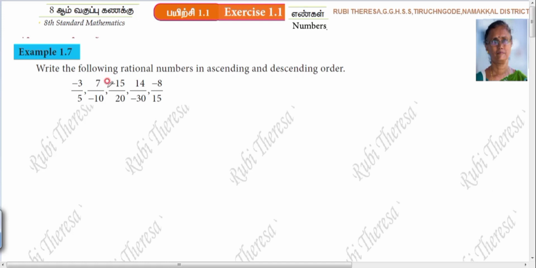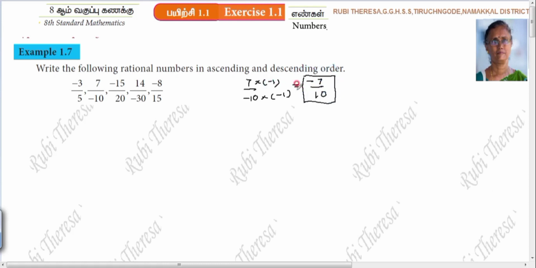Understand? And also one more thing: you see that there should not be any negative sign in the denominator. First you make it out to cancel this minus symbol in the denominator. That means you can change it. That is 7 by minus 10. So both numerator and denominator are multiplied by minus 1. Then plus into minus is minus. 1 7 is 7. Minus into minus is plus. 1 10 is 10.